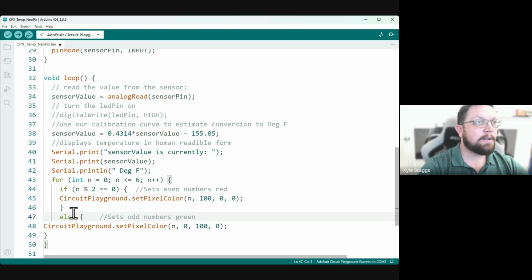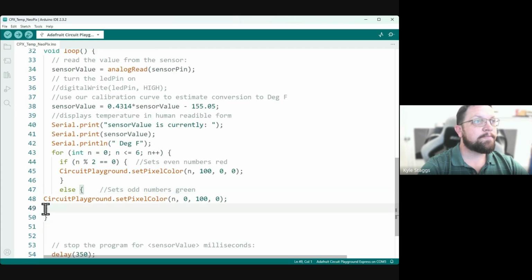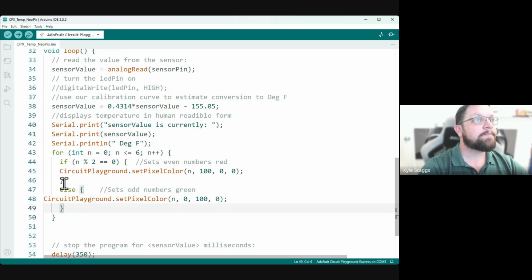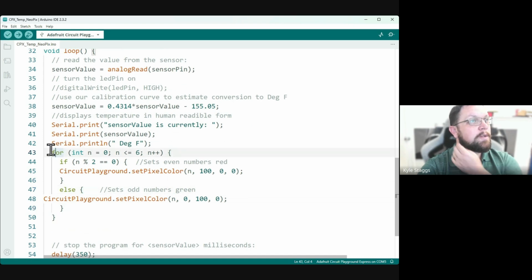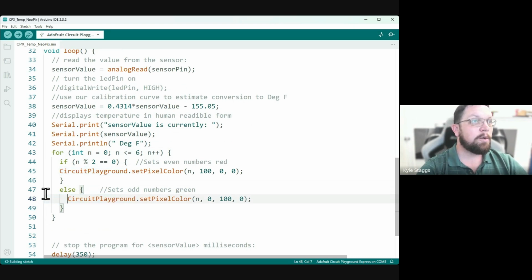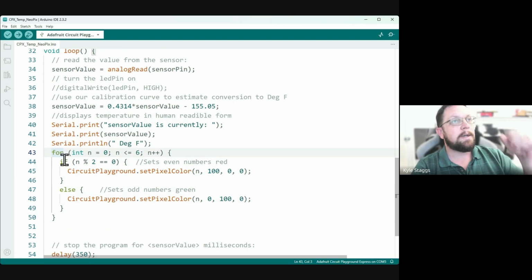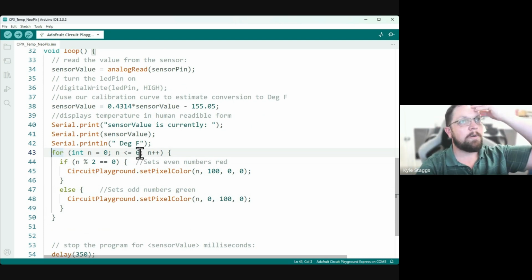If, else. So if else, for. So what we're doing here is a for loop. This is a really important type of content. We're going to go from,